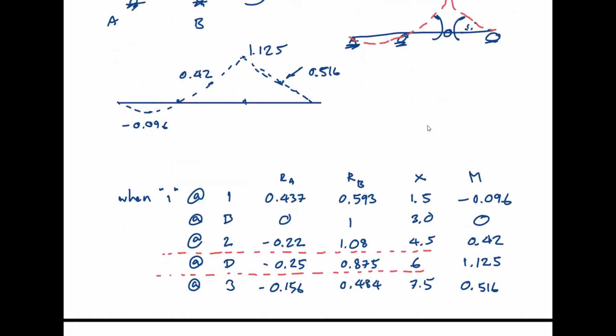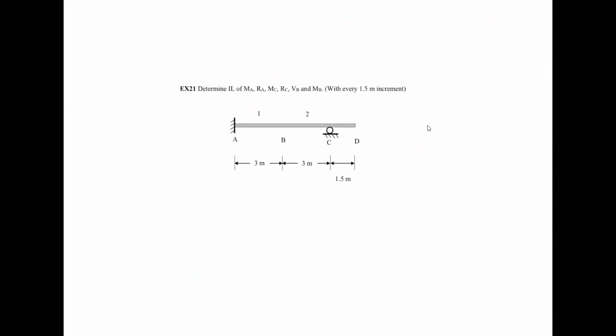Actually, we can end the class here, but I have another example to give you more practice, because I don't have any intention to go beyond 1 degree of redundancy. So you either have the beam with 3 supports or a prop cantilever like this. You need to learn and understand. Okay. And again, if you are given the information about the displacement, the rest should be really easy, right? So for me, it's best to use RC as a redundant. Okay, so I'm going to give you